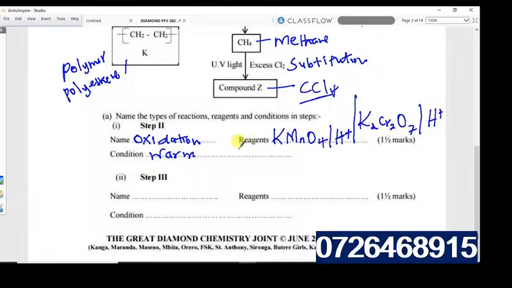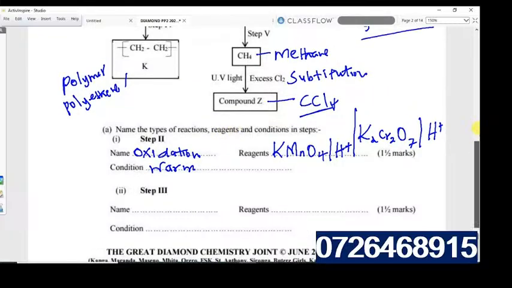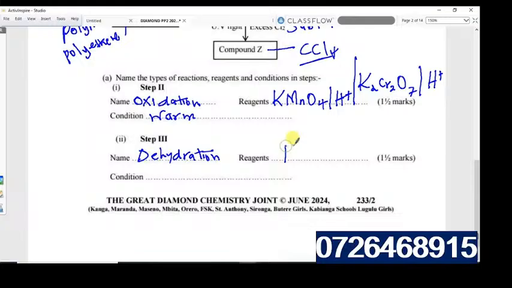Step 3: type of reaction taking place in step 3. So we go back to step 3. You can simply write sulfuric acid, but you are told to name the types of reactions. So you are asked to give the name. Please don't write the chemical